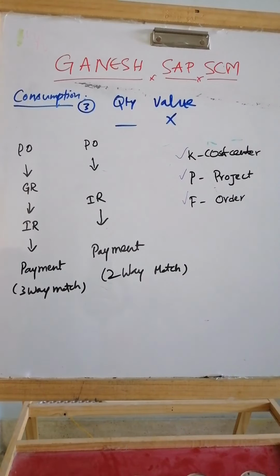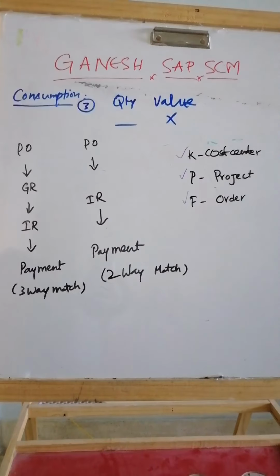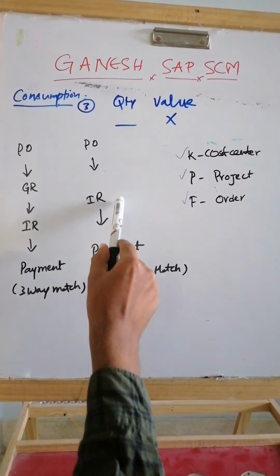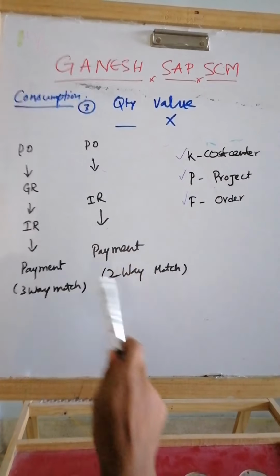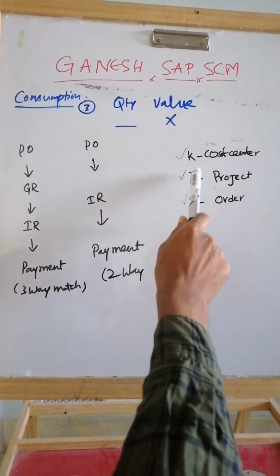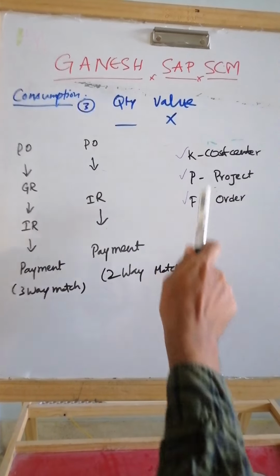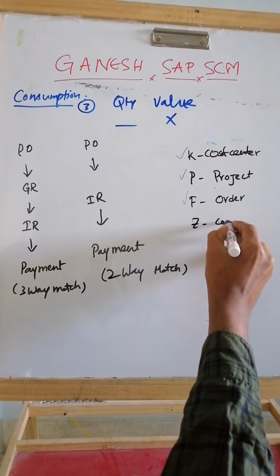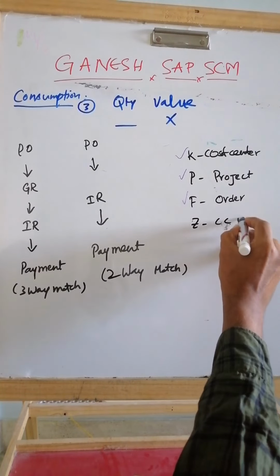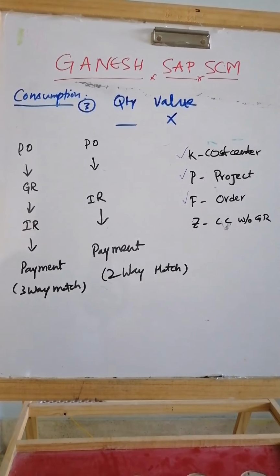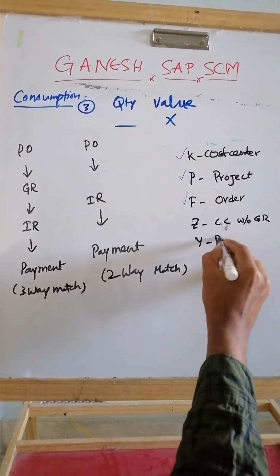So mostly when there is no quantity, they're not managing the quantity, the company may decide that we don't want to do the GR and we don't want to do any kind of confirmation. They can directly go for PO, IR and payment. To avoid the GR IR clearing related account, you can create, as a consultant, you have to create by copying K, create one more called Z, cost center without GR. You can create a new one, cost center without GR, or you can create Y, project